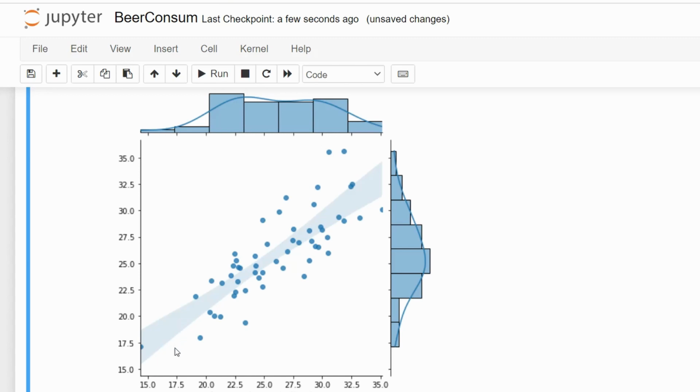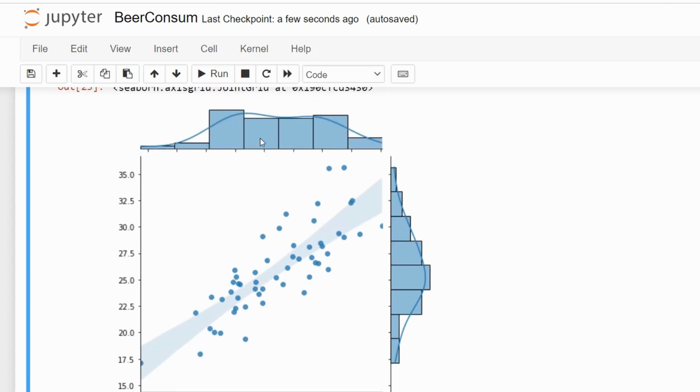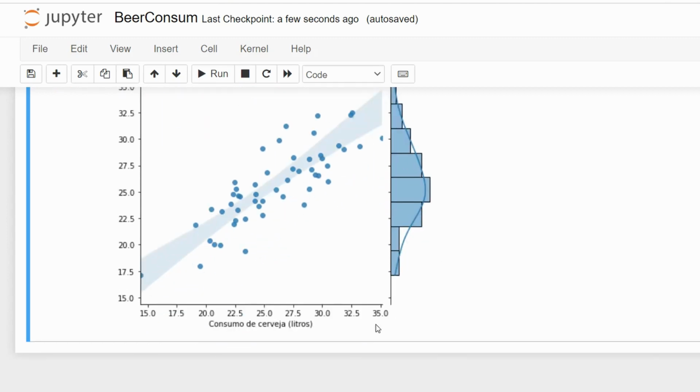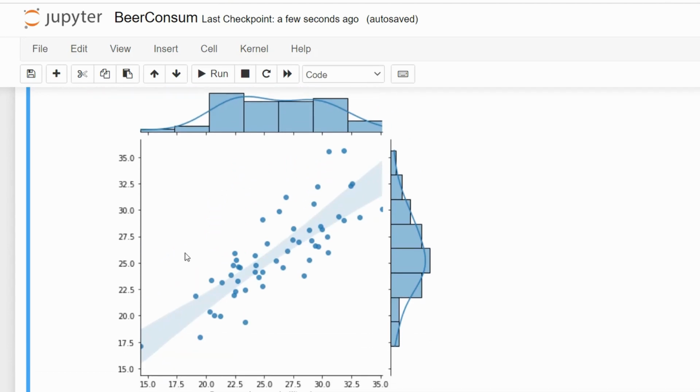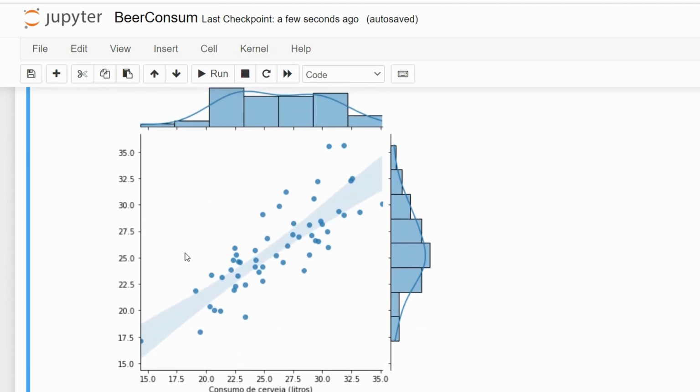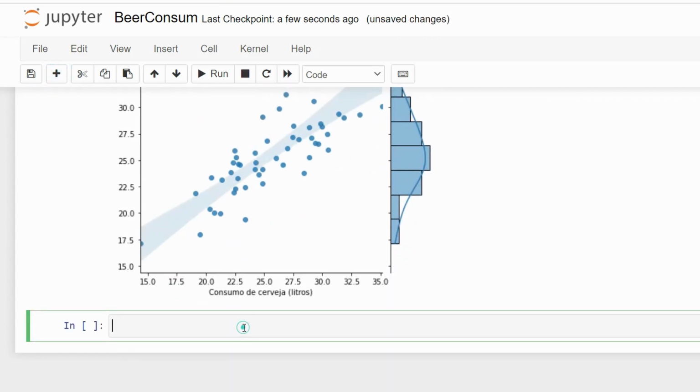Okay, our values are kind of linear, so you can visualize the data and the distribution over there, and the data is pretty fine. Our predictions and y_test make a straight line, which is okay. This means that our model is performing good.